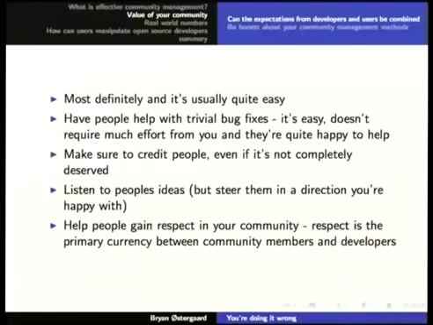And then listen to people's ideas. I sometimes have people come to me wanting to do some patch, or I'm asking them to do some patch that I think is going to be an easy patch. You can do it. You don't really have any experience with open source development, but you can do this. And then they start working on it, and they come up with a patch where I think, oh God, no, not that patch. It's completely wrong, and it's going to completely destroy my project.